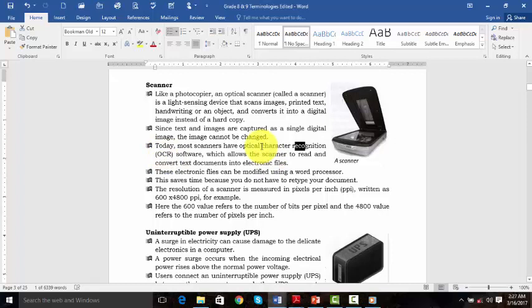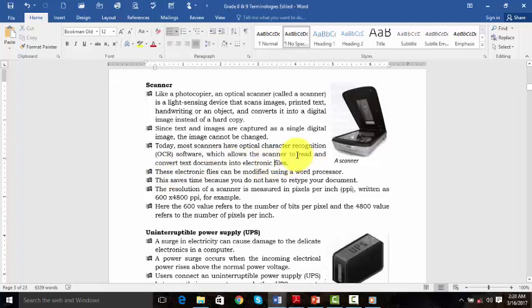Optical is the light we see when the scanner has been commanded, that light which captures the characters, or let's say the image. Characters are the images which you are scanning. So a scanner has this facility called optical character recognition, which is software that allows the scanner to read and convert.